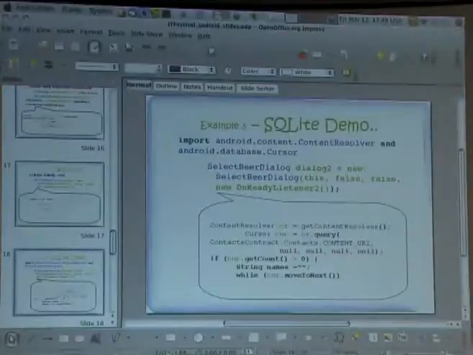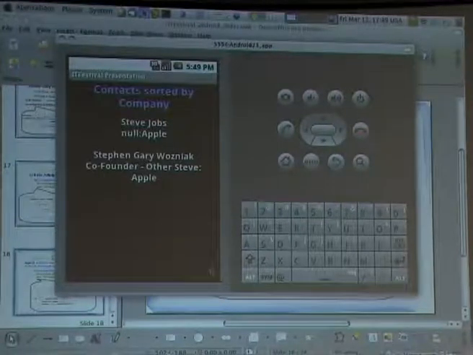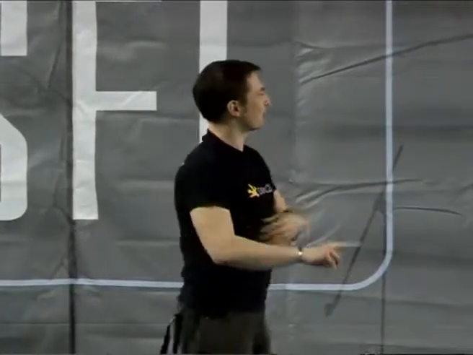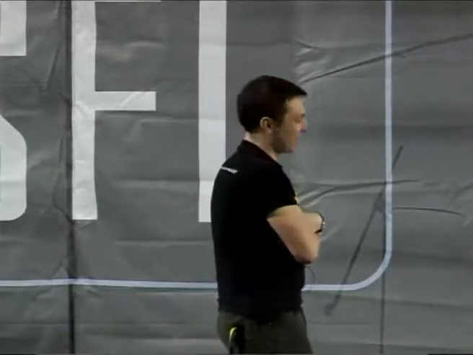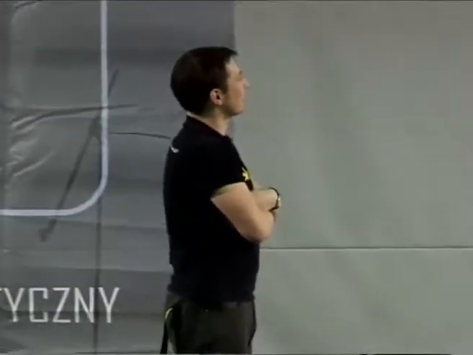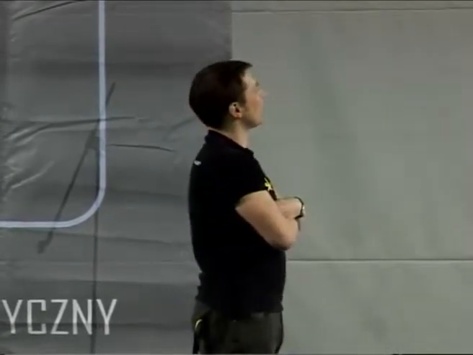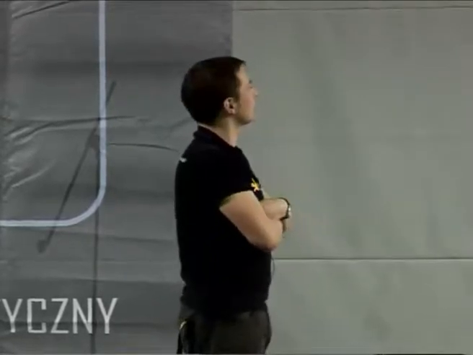What's happening, we can show here: if I press the contact, they are sorted. I have a couple of contacts stored, not only those two, because I don't want to cheat you. I will show you, I have 7 contacts here. These contacts are sorted based on company. Or is it Steve Jobs? Maybe he likes Android. Maybe he is only trying to charge the HTC because he loves Android.